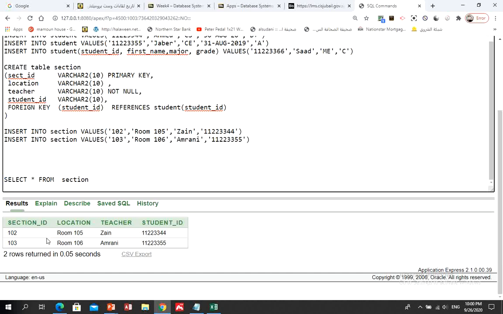So you see, location is not unique, so I can insert different locations, but teacher is unique. I cannot repeat a teacher here. Can I insert another student, the same student here? What if I would like to insert another section, but this section is actually for the same student 5 with another teacher. For example, I have a teacher, his name is Asim, and the same student is taking